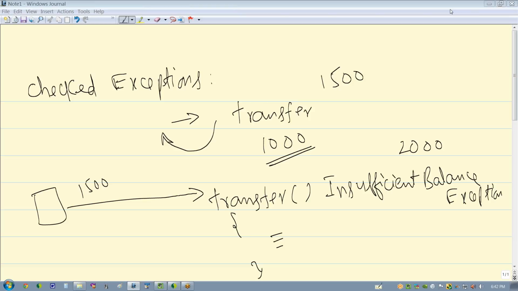So I'm making a call to this transfer method, asking, hey, can you transfer $1,500 from checking account to savings account? Well, transfer will try to do that for you. But unfortunately, this transfer is a risky method, and this can potentially throw an error, throw an exception. Since it can potentially throw an exception,